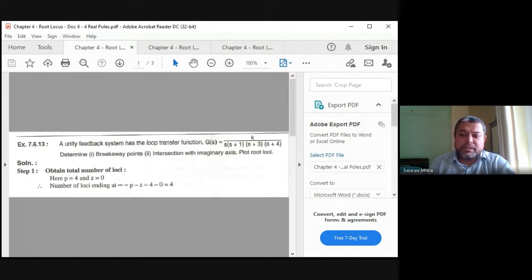So we started with second order numerical. First we did hand calculation, K divided by s into (s+4). Next we did K divided by (s+1) into (s+2). That was again 2 real poles, but how was it different? Because we shifted the whole root locus. Initially it started from 0 for K divided by s(s+4). Then we took K divided by (s+1)(s+2), and the whole plot shifted to the left side. That we solved by the standard 8-step method.